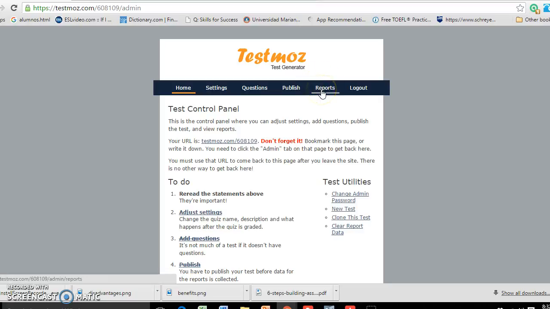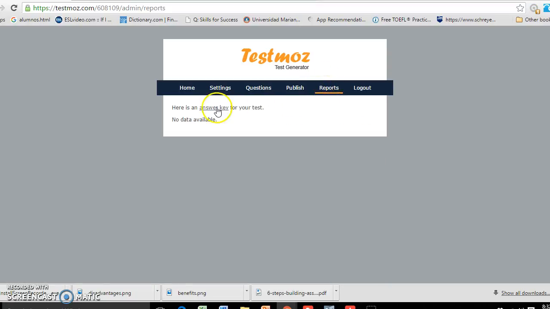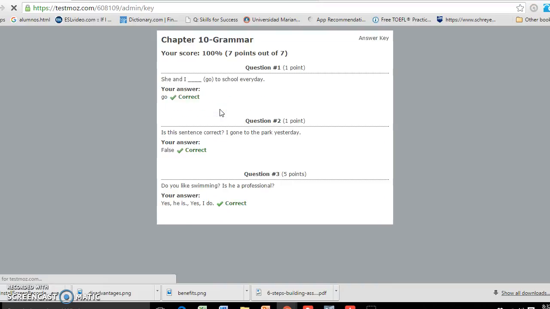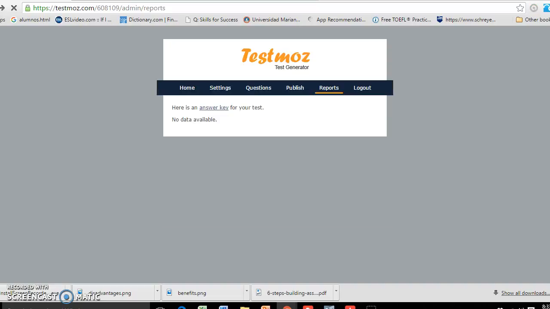One good thing about this tool is that you get the reports of your students. So for example, they already give you an answer key. Since none of our students has taken the test, of course we don't have the reports of those students. It says here no data available, but whenever a student takes the quiz, it automatically gives the report of that student, the incorrect answers that he or she got, and